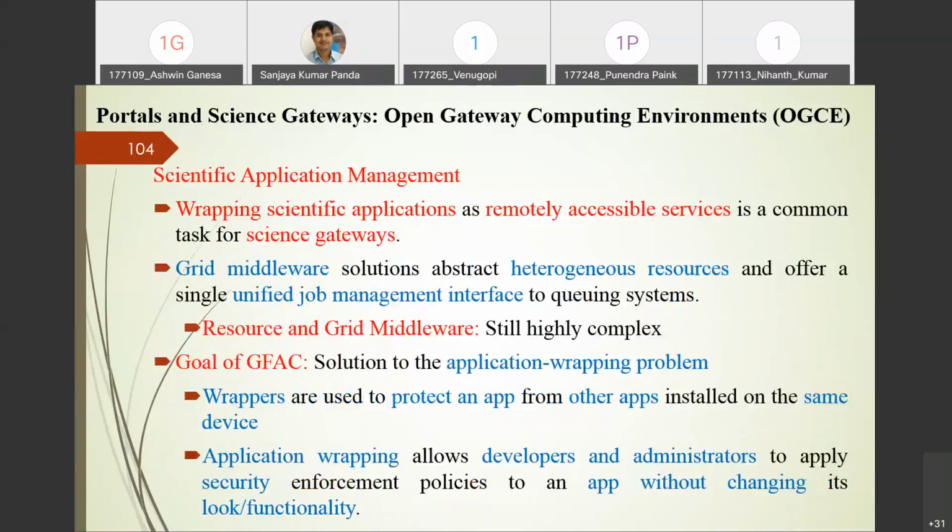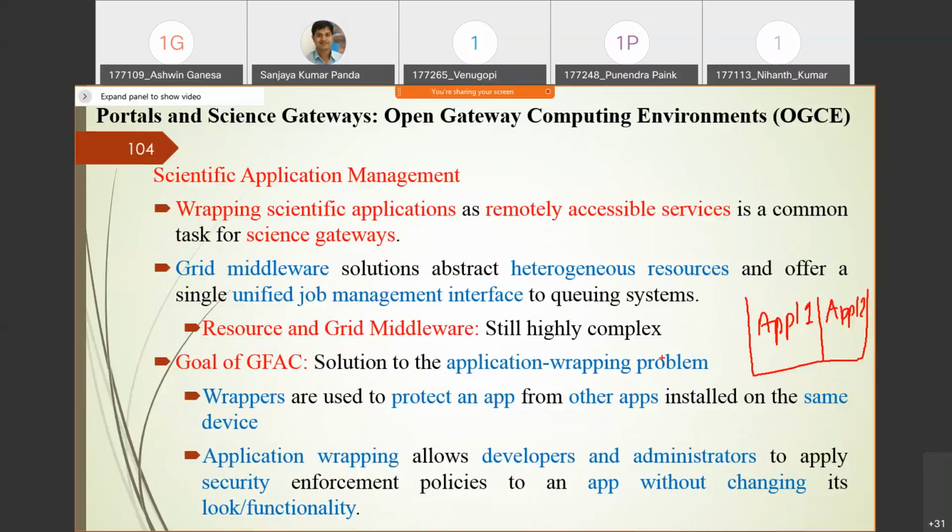And here there is another problem, which is called the application wrapping problem. The application wrapping problem is that whenever we are deploying an application, for example, I have deployed application number 1 and I want to deploy another application number 2. So what happens, there may be a conflict between application 1 and application 2 if they are applied in the same tool or same gateway. So in order to avoid this, what happens? It also provides